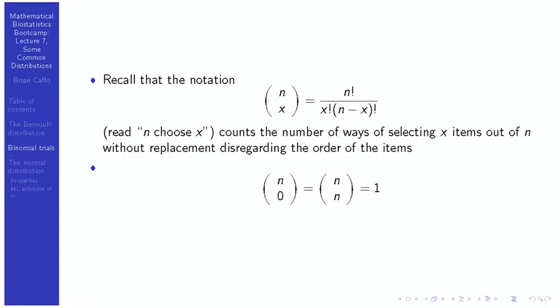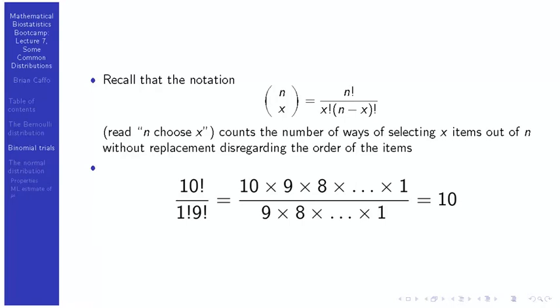Certain special cases are very easy. So imagine if I was only picking 1 necktie. How many different combinations can I get? Well, intuitively, we know that answer has to be 10, because there's only 10 possibilities. Well, if you plug into the formula, you have 10 factorial divided by 1 factorial, which is just 1, times n minus x factorial, which is 10 minus 1, or 9 factorial. So we have 10 factorial divided by 9 factorial, which is just 10.